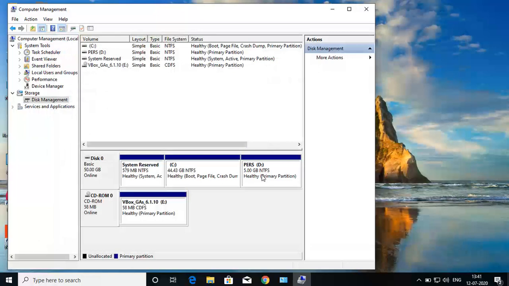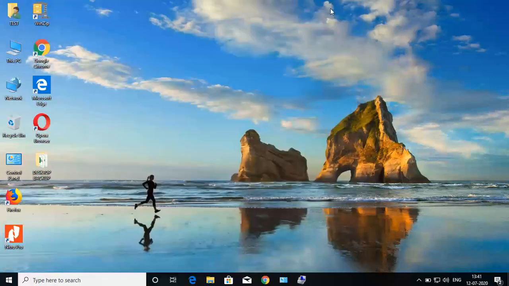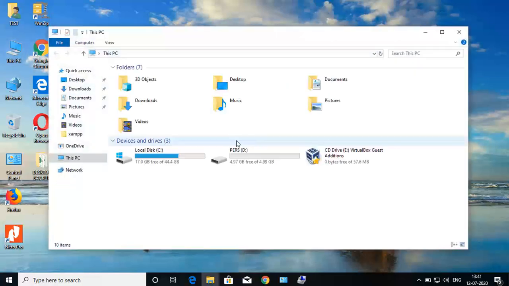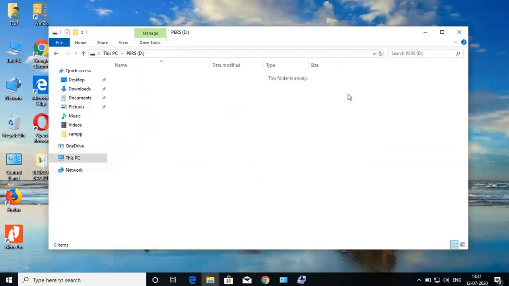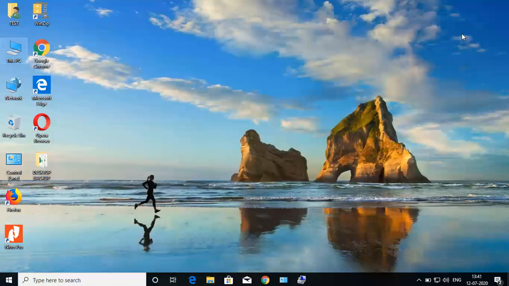So we can see that out of C drive we have spared 5 GB and created another drive named Purse with 5 GB. Here you can see the 5 GB partition is created. This way we can create a partition in C drive in Windows 10 without formatting.